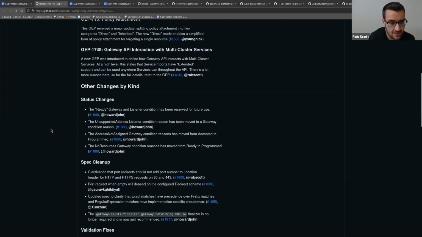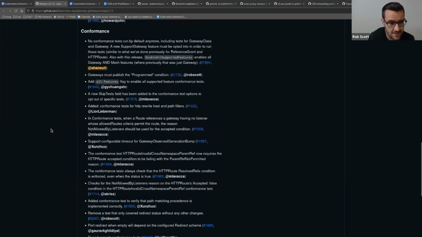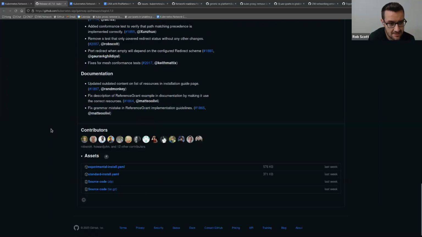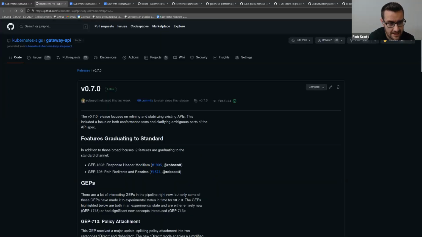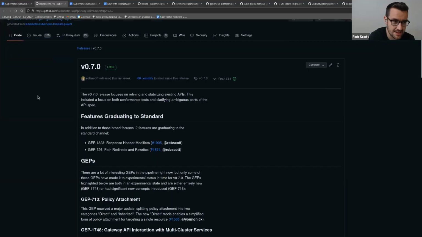We're looking for a pretty short turnaround before we get to v0.8.0. And v0.8.0 is expected to be just a GAMMA focused release, and that will state that GAMMA, which is our mesh side of things, is ready to go to experimental. We have multiple implementations now. Our spec is stabilizing around that.